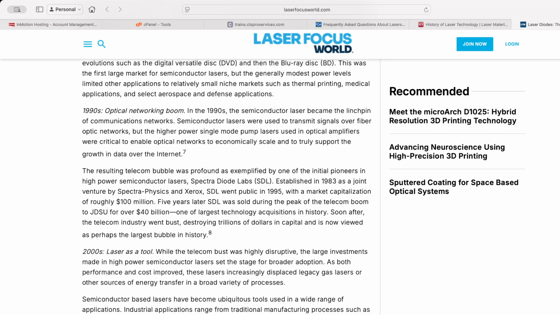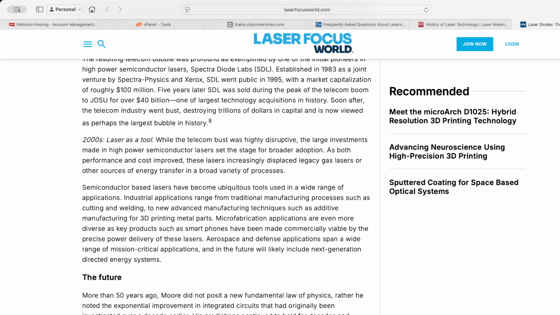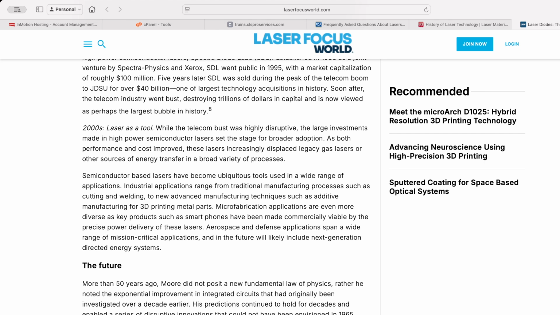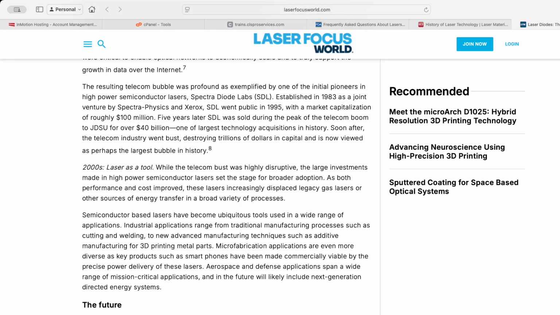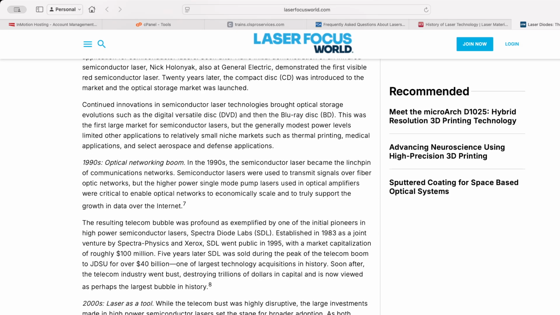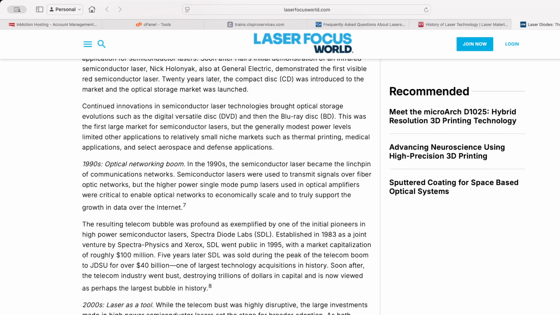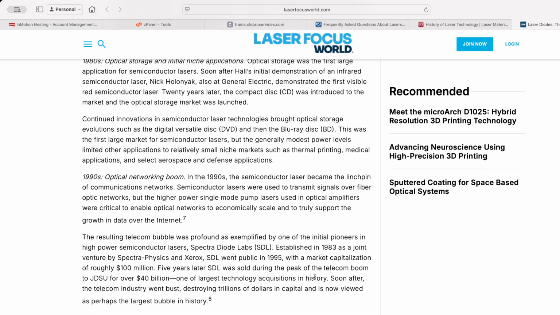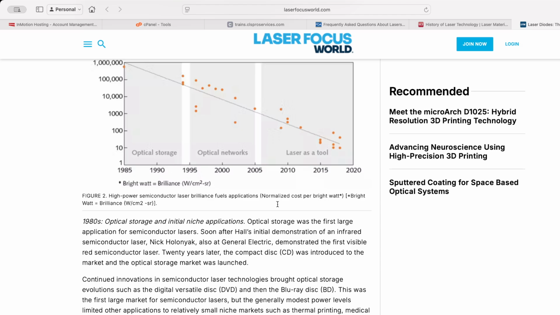But lasers became more for industrial and manufacturing in the 2000s, and you can see how powerful we have lasers, diode lasers that are 70 watts, maybe more. I'm a 20 watt myself. And the cost is pretty reasonable compared to what it might have been. So that's really looking quickly at these histories here. I'll put all these links in the description, if you want to read more on the history of lasers.